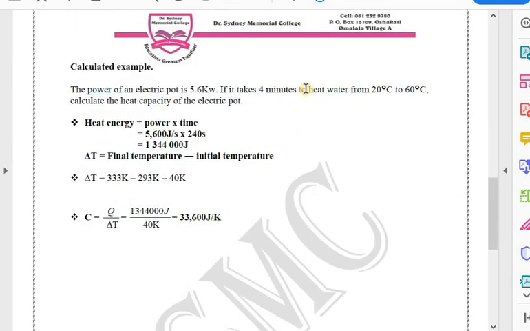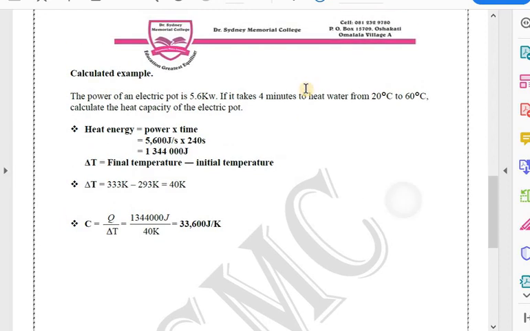So in this example, we are given an electric pot with the power of 5.6 kilowatts. If it takes 4 minutes to heat water from 20 degrees Celsius to 60 degrees Celsius, calculate the heat capacity of the electric pot. Okay, so what you have to do here, know that we want to look for heat energy,